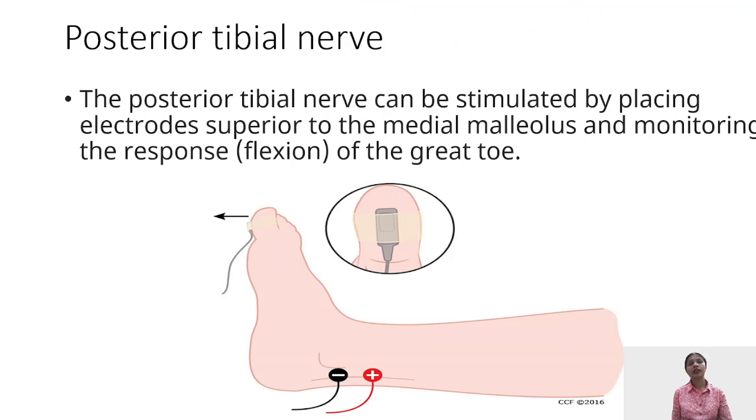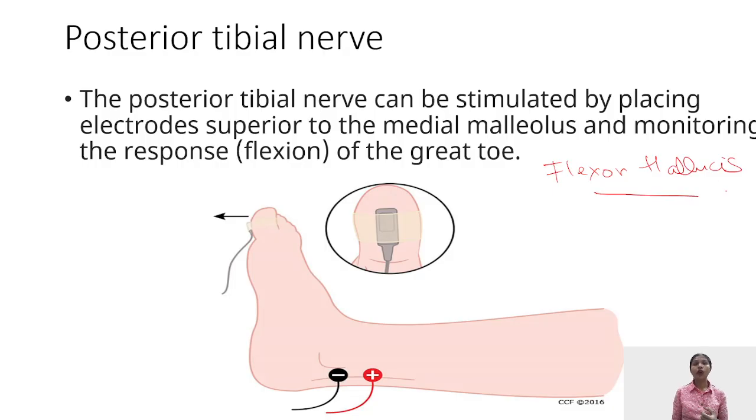Second potential area can be used when there is a restriction of your arms. Suppose the surgery is going on the arms itself and you cannot use your adductor pollicis, or because of certain positioning during surgery your arms or hands are tucked inside. In those cases, the second choice of site is your facial nerve. The third choice is your posterior tibial nerve, in which the electrodes are placed near your medial malleolus, and what you monitor is which muscle? That is your flexor hallucis. The flexor hallucis muscle is monitored.